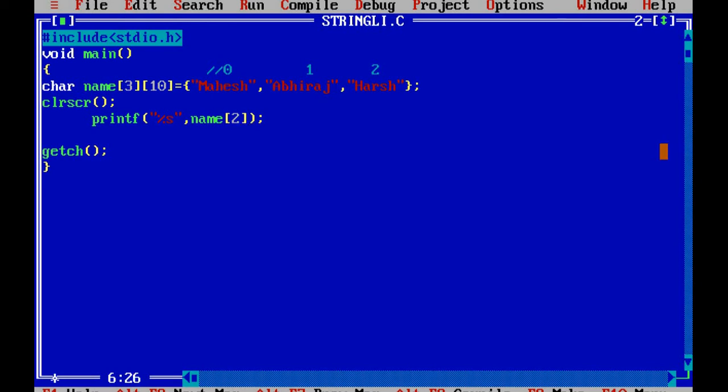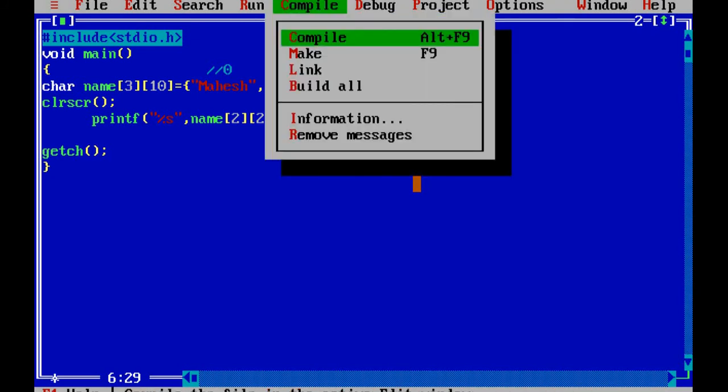So suppose I write name[2][2], what does it mean? From the second string, that's Harsh, the second location string, I want the second character. So 0, 1 and 2. It means it will print the R onto the screen. See, right now it printed a garbage value.